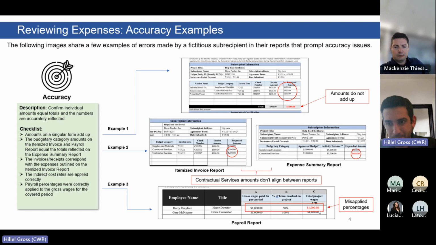So that's another error. Cecilia, I saw you went off mute. Yes. So if we consistently see, hypothetically speaking, a department that is consistently making these small errors and we're consistently having to go back and fix them, is there a chance that they were low risk and then move into medium risk, or is that kind of locked in? Fantastic question. So the risk assessment process, of course, precedes the program and will provide a designation for the